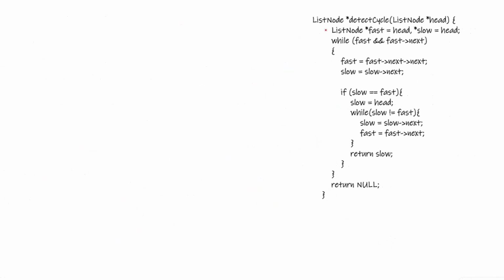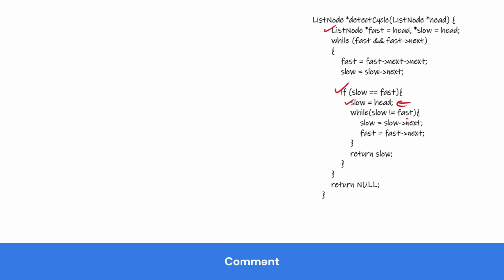How do we start? We start our fast and slow pointers from head, and after traversing there will be some point where the slow pointer equals the fast pointer. If this happens, that means there is a cycle. Then we set our slow pointer back to head, and the fast pointer now works as our slow pointer.